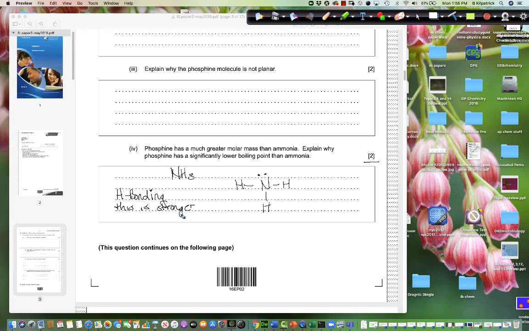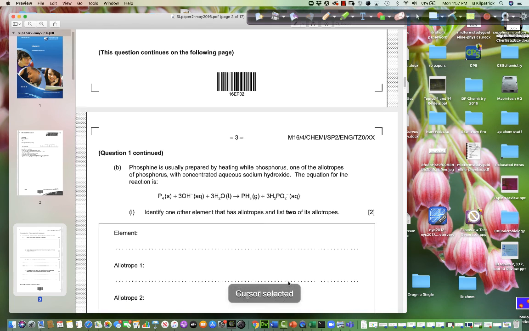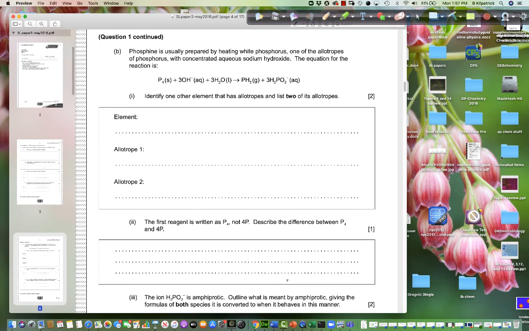So it's harder for the ammonia molecules to be pulled apart. So you have to talk about both of those things. You have to mention the hydrogen bonding, and then you also have to talk about how it's stronger. All right, so